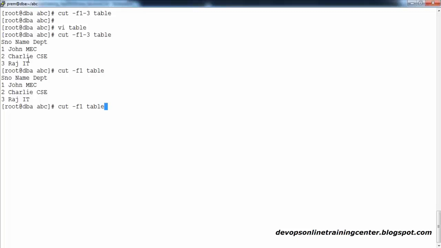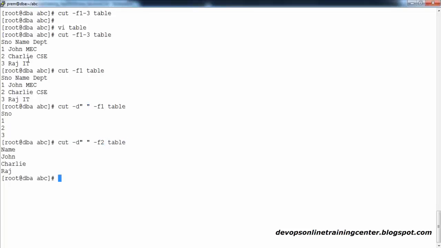So to avoid that, the cut command also has one more option called -d, which is also called delimiter. You need to provide what your separator is. Is it a space? Is it a comma? Is it a full stop? Whatever. Right now in my scenario it is a space. That's it. Now it is fetching the first and second columns. The rest of it is the same.